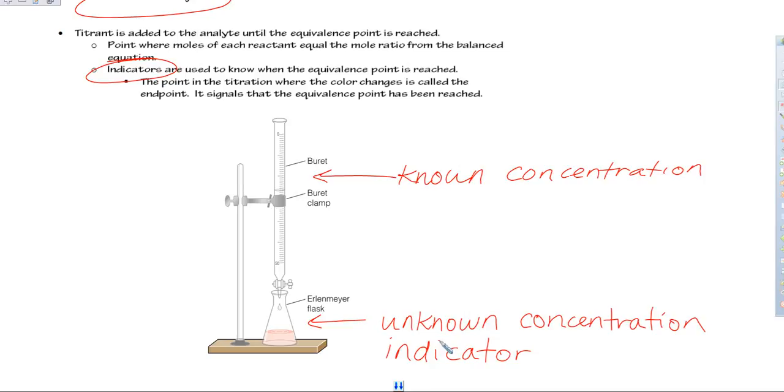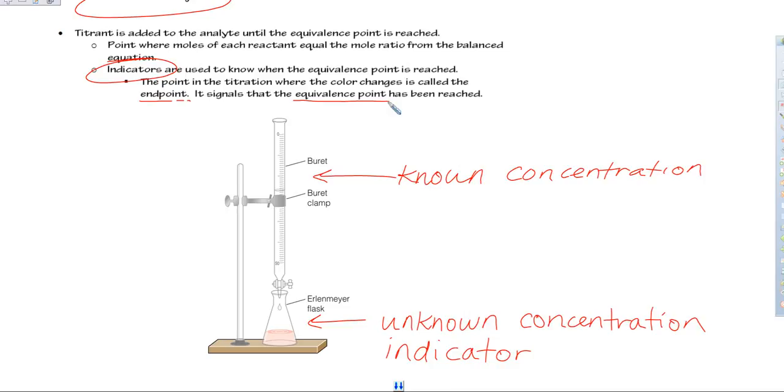So I'd add the indicator to the flask, and then we add the two solutions until we see the indicator turn color, and that's when we should be at the equivalence point. Now I know this is kind of confusing. When the indicator turns color, we call that the end point. That's the end of our titration, signaling that we are at the equivalence point, where we have reached the ratio